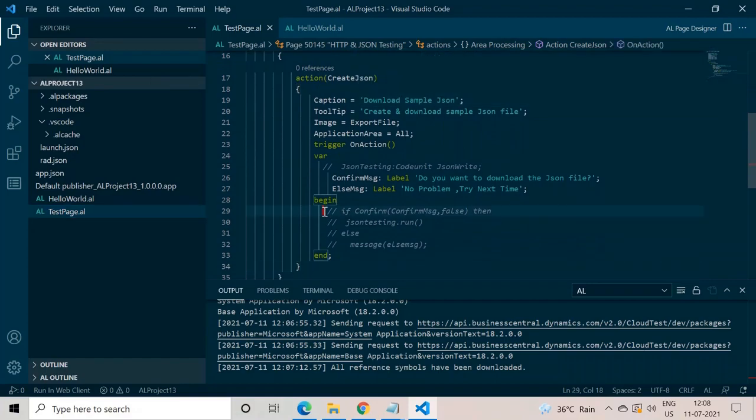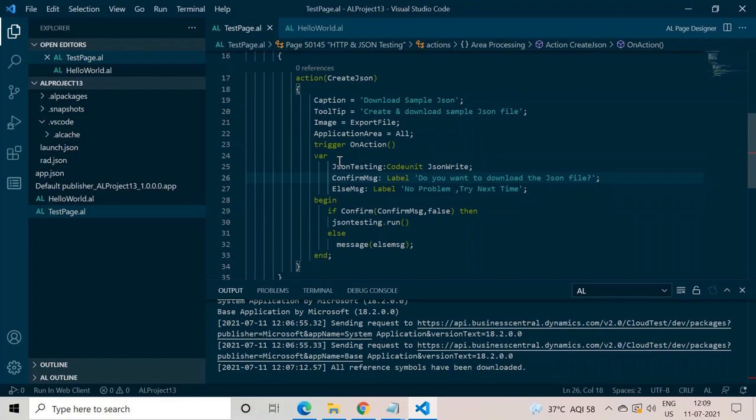So let's open up this code and press Ctrl Shift K to uncomment the lines, and open this variable JSON testing.